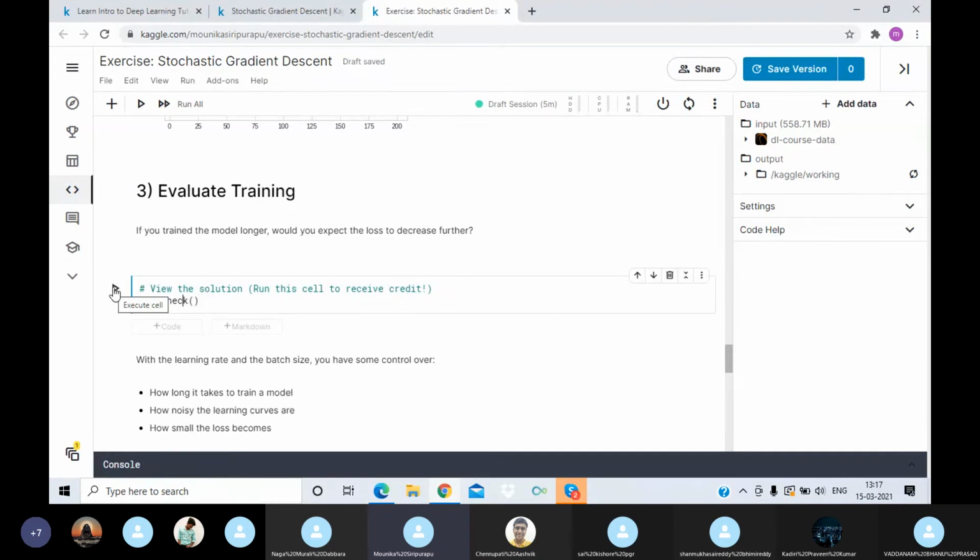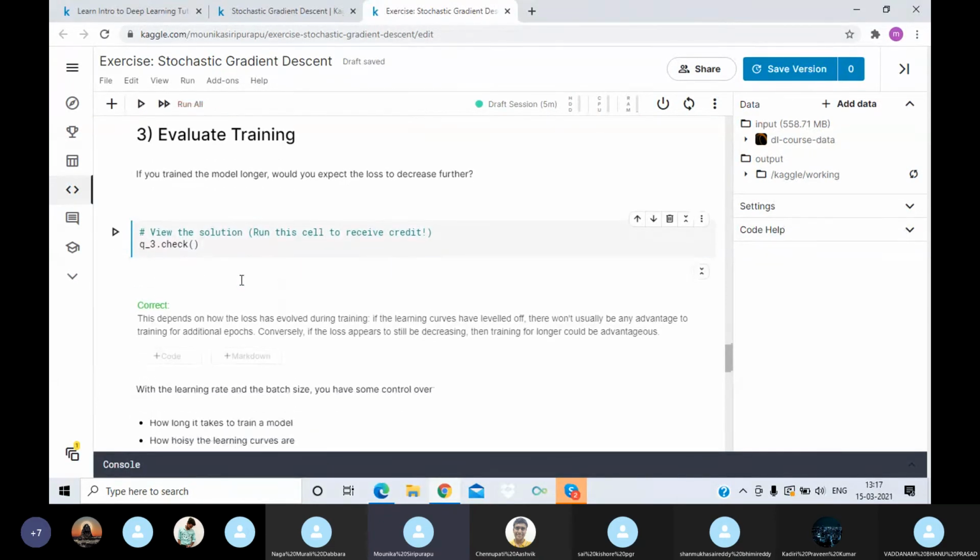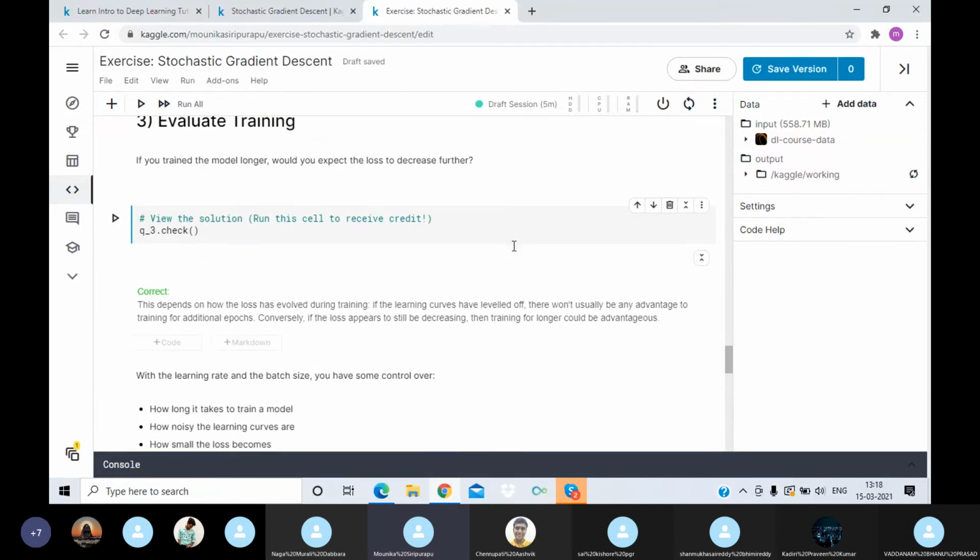For this, we need to run this cell so that we get the answer. This depends on how the loss has evolved during training. If the learning curves have leveled off, there won't usually be any advantage to training for additional epochs. So if we get a horizontal line, there is no need to train for more epochs.